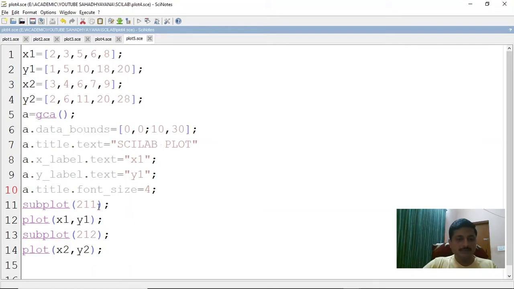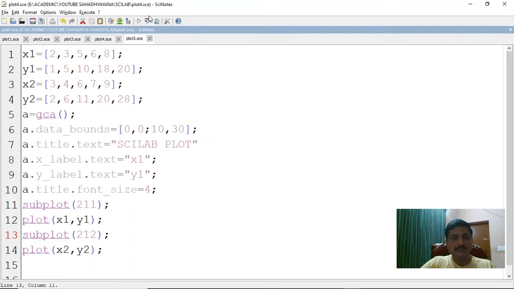Now what are these arguments in subplot? How to write these arguments? The first 2 values say that it is m by n, matrix size m by n. So this says that I have 2 rows and 1 column. I am going to create a graphic window of 2 rows and 1 column, and the first plot, x1 comma y1, is in the first row. And my plot x2 comma y2 is in the second row. So this is the meaning. It's very simple, very straightforward if you understand it.